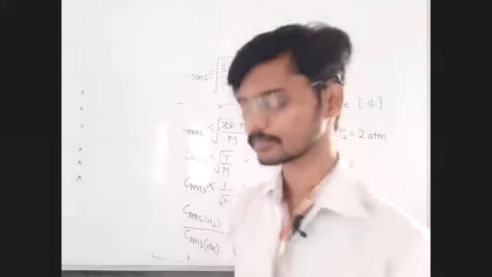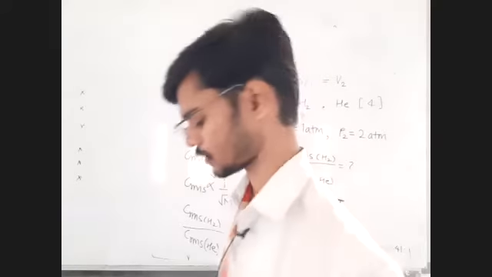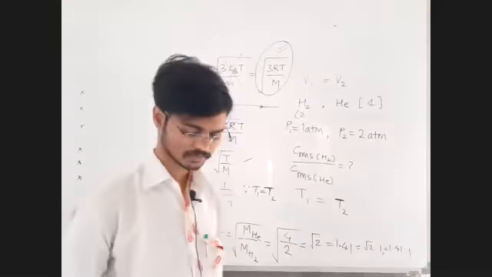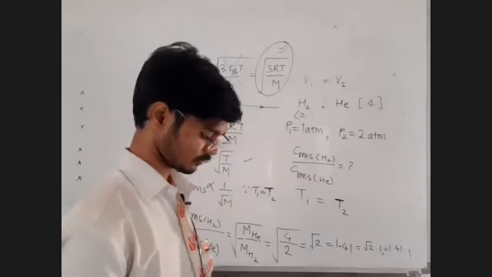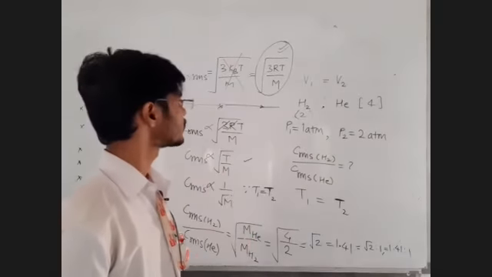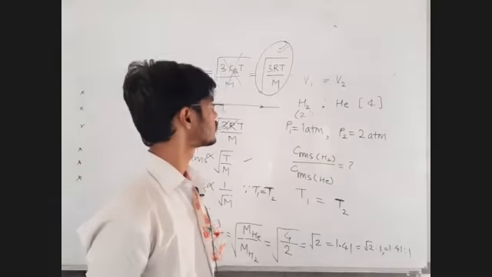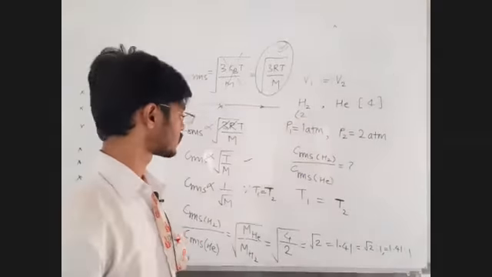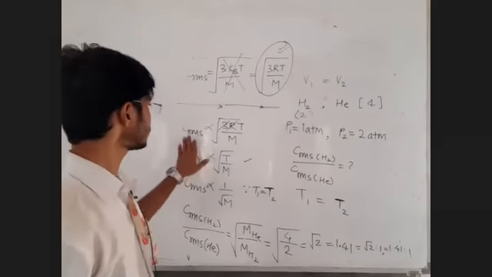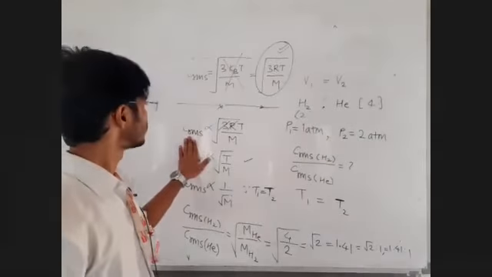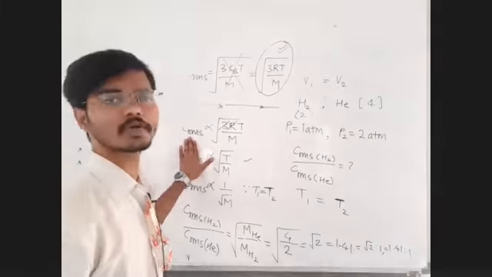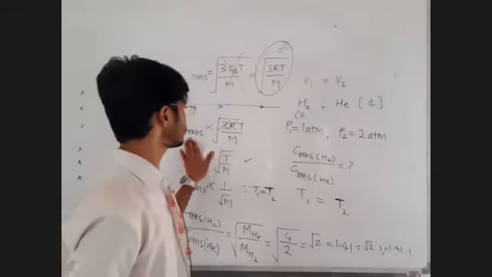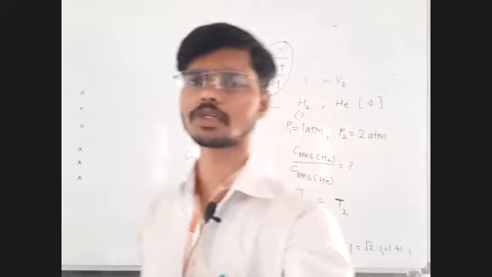Let me read the chat. Sir, so pressure is extra data. Yes, correct. Pressure is the extra data, and there is no use of pressure here. Volumes are equal, temperatures are equal. The number of moles might be different, and because the number of moles are different, pressure is different. But CRMS is not going to depend on how many molecules or moles are present.